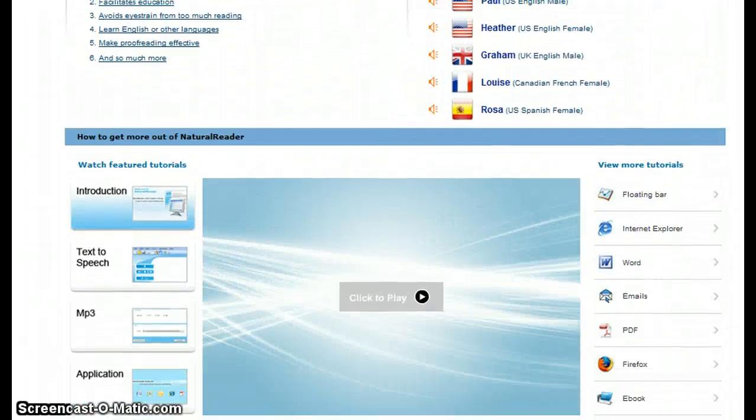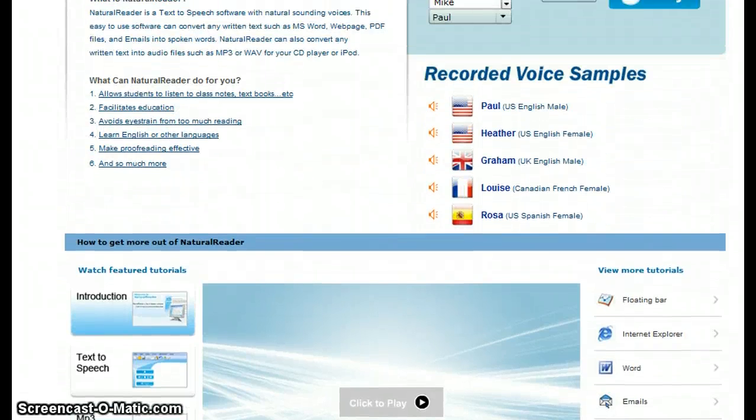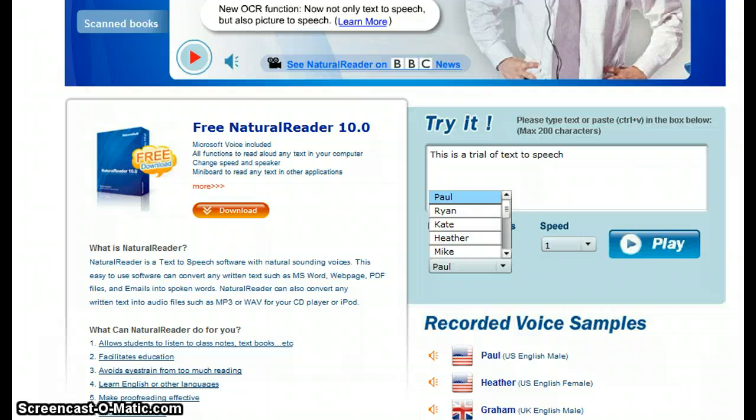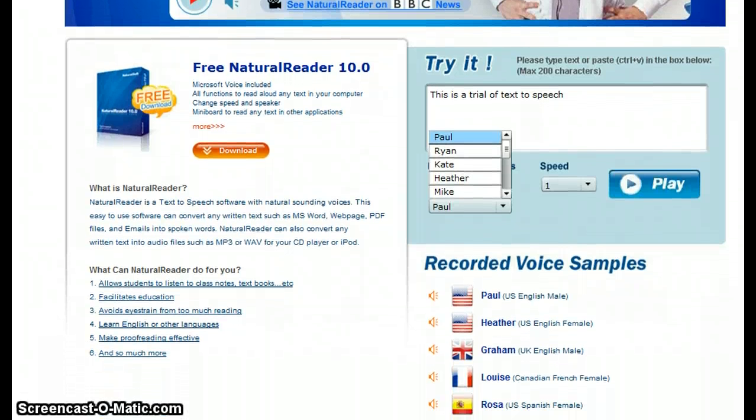With text-to-speech as well, you can use an MP3 with it too. So you could record the text-to-speech and play it over and over again. The best part about this, though, is that with Natural Readers, you can get the free version of it. There are some upgrade versions which offer a little bit more, which will cost around $50 to $60. However, with Natural Readers, you can download the free version 10.0, and you can easily